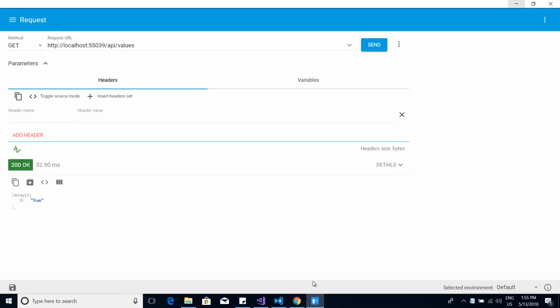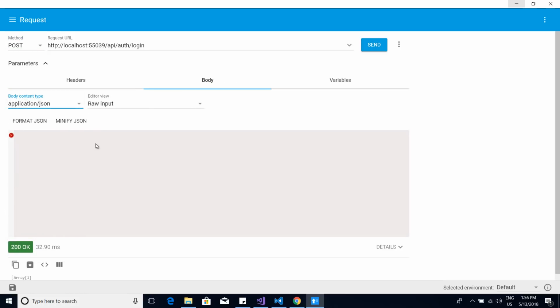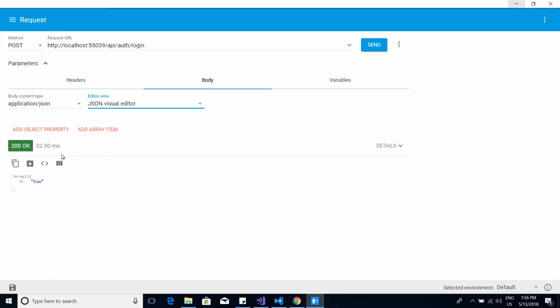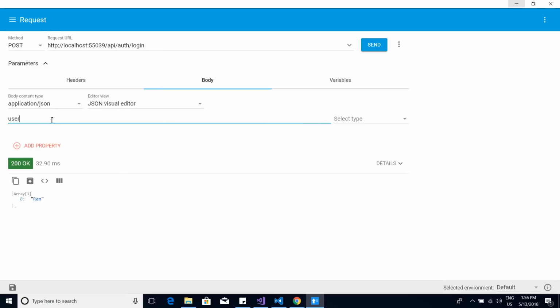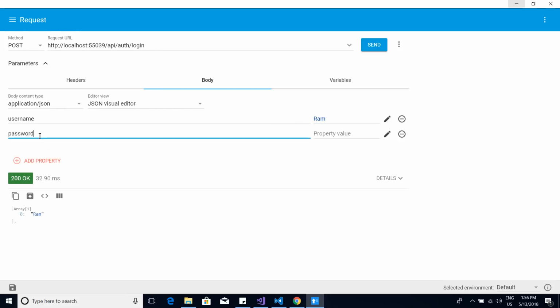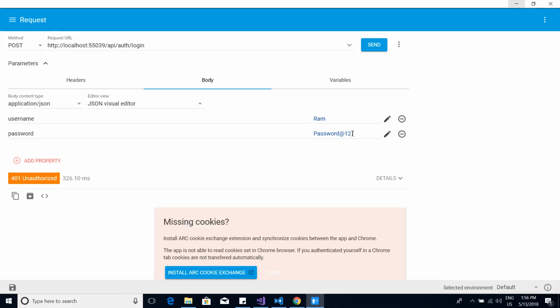We have already created that auth controller, so the route for the auth controller is auth/login, and it is a POST request, and in the POST it takes application/JSON, and I will just use the visible editor, add an object with property name username, a string, and the username we just give Ram, and a new property password, and the value will be like password@12. Now if we send it, we are getting 401 unauthorized because this password is wrong. So if we supply the correct password 123 and send it, it is still giving us